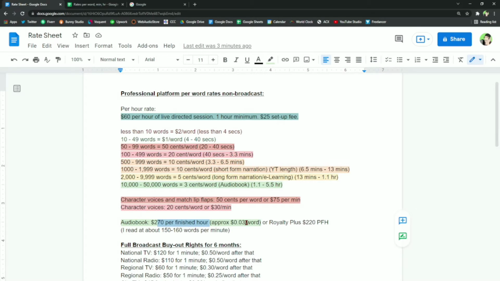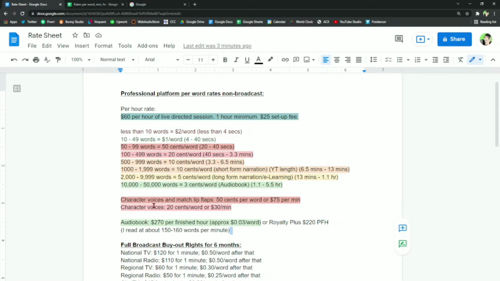Audiobook, $270 per finished hour, approximately 3 cents a word. But then I also do some royalty share, and then there's royalty share plus, which is a lower percentage of royalty share, and then most oftentimes a lower per finished hour rate. And this is that: $220 per finished hour plus royalty share or royalty share plus.